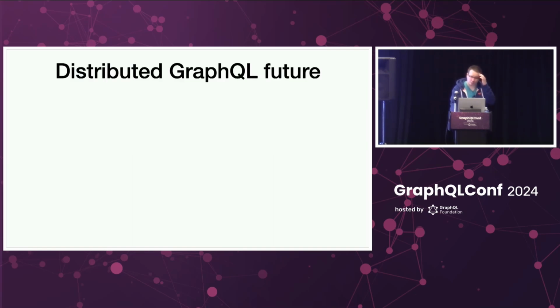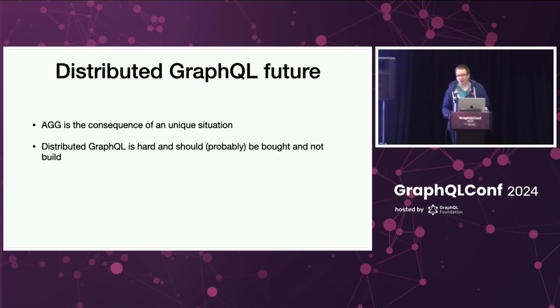Okay, a few thoughts about the distributed GraphQL future. We heard actually a lot already in the keynote. First of all, AGG is a consequence of a unique situation. We were very early. We had the knowledge, like me and my co-maintainer of GraphQL Java worked at Atlassian at this time. So we were able to build the solution because we had the very specific knowledge to pull it off. It's not something that was planned or envisioned. It was a unique situation. We had a problem, and we had the abilities to build a solution to it.